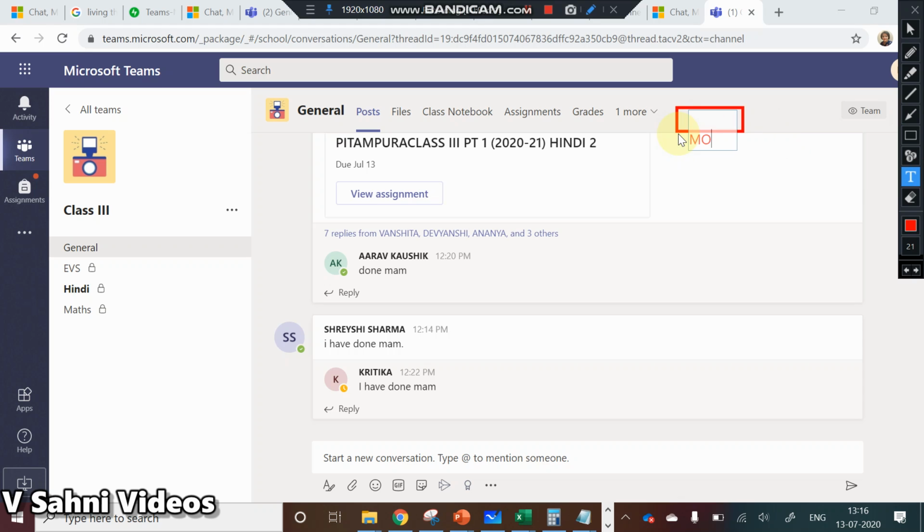In the more tab, you click here and there will be a drop down. You will be able to see assignments, and in the drop down list grades will also be visible to you.